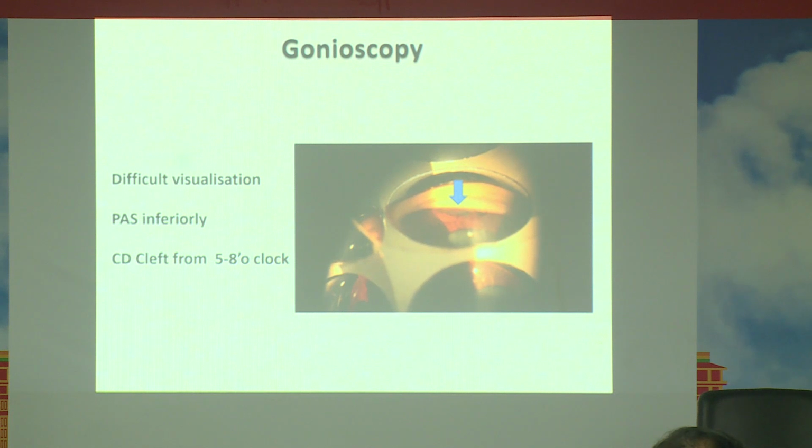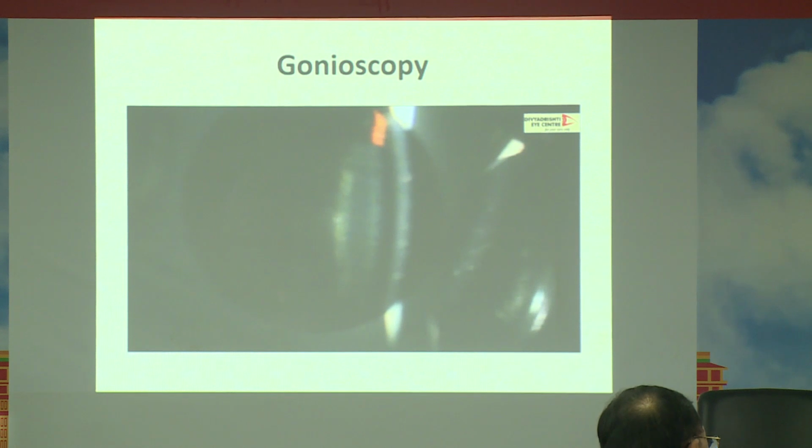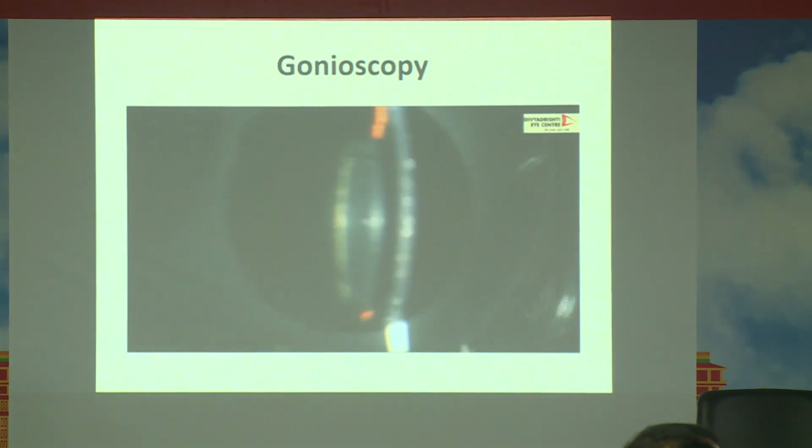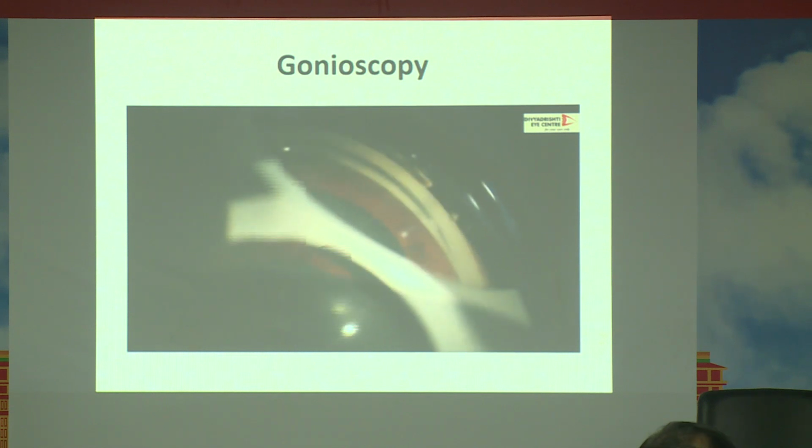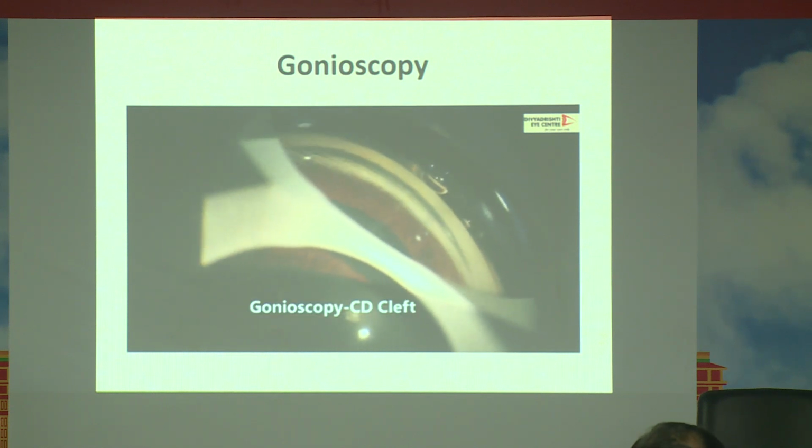But what was most important was the gonioscopy, and it showed there was posterior and peripheral anterior synechiae inferiorly with a CD cleft from 5 to 8 o'clock position, and the visualization was a little difficult. This is the video of that same gonioscopy. You can see the Descemet fold there, and it was difficult to do the gonioscopy, but